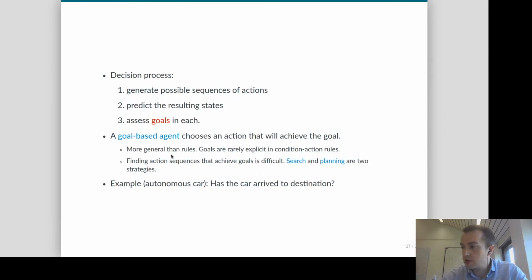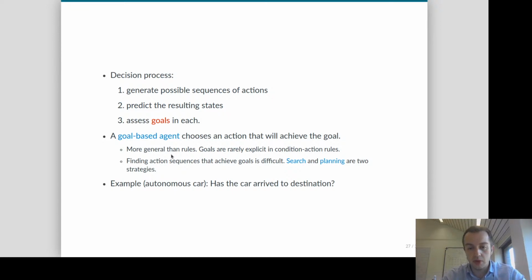So the decision process is like this. You generate possible sequences of actions, you predict the resulting state, and then you assess your goals in each. And then a goal-based agent will choose an action that will achieve this goal. This is more general than rules, which makes them easier to implement on tasks that are complicated,